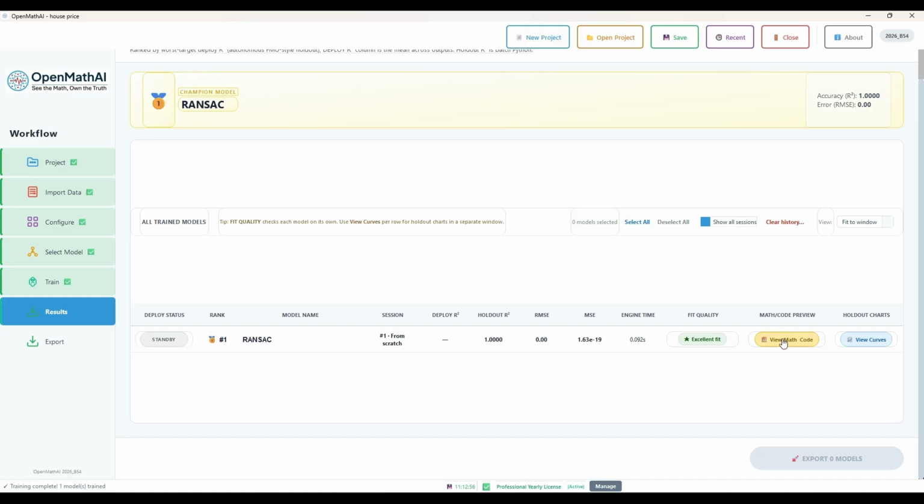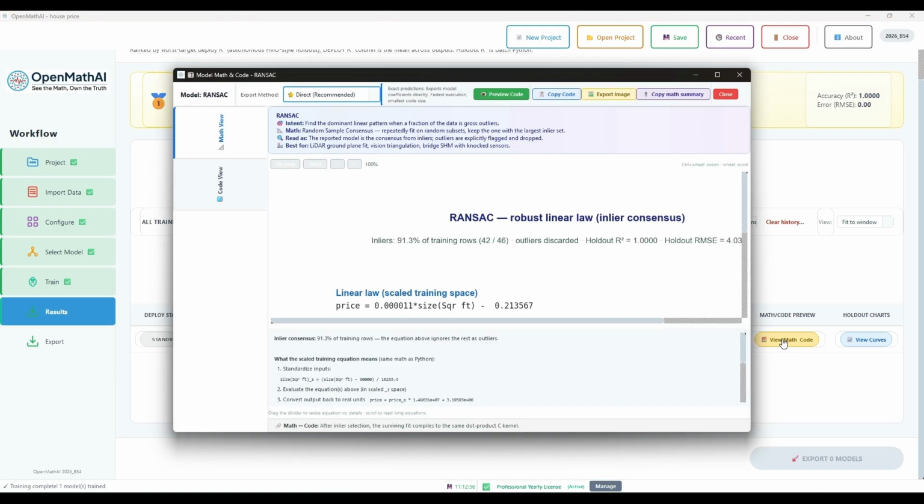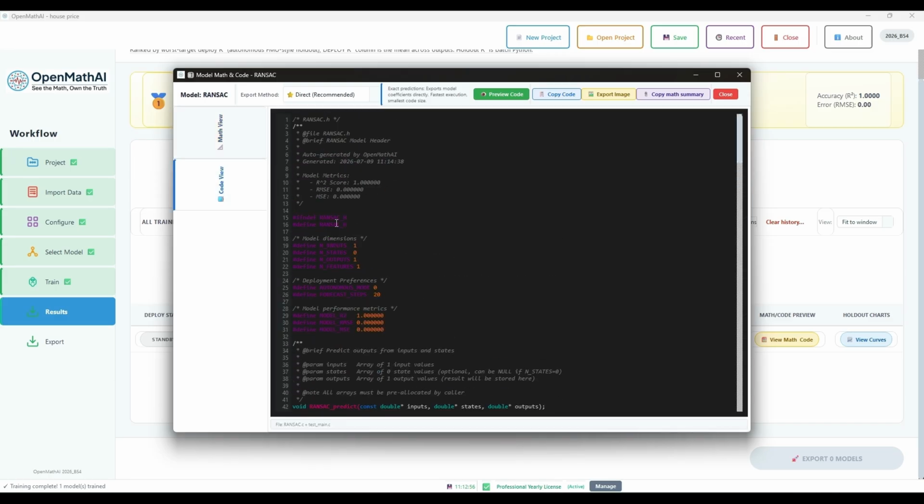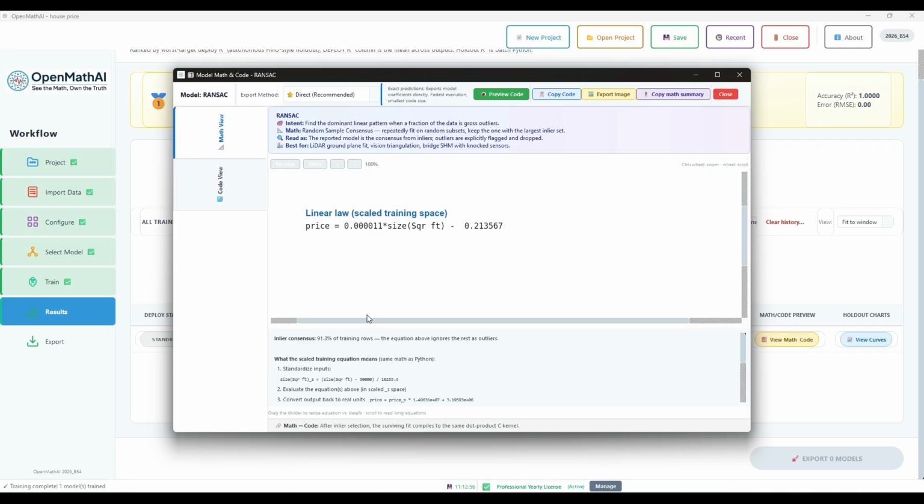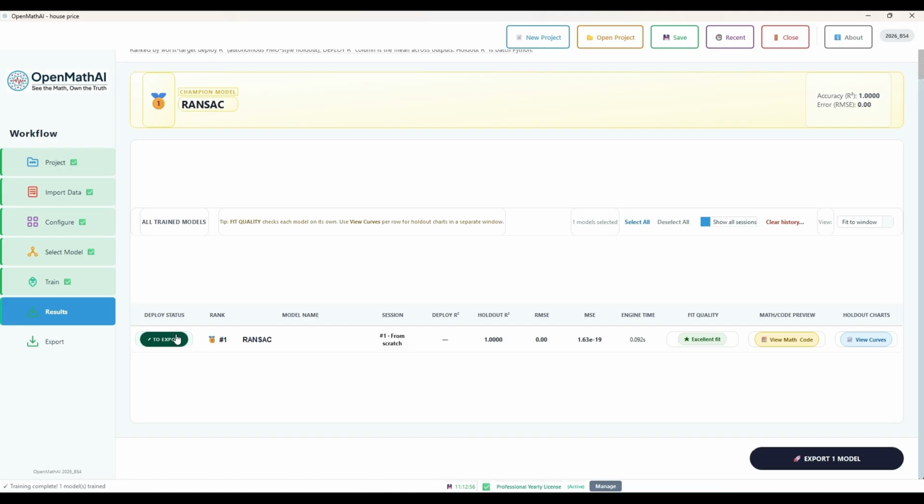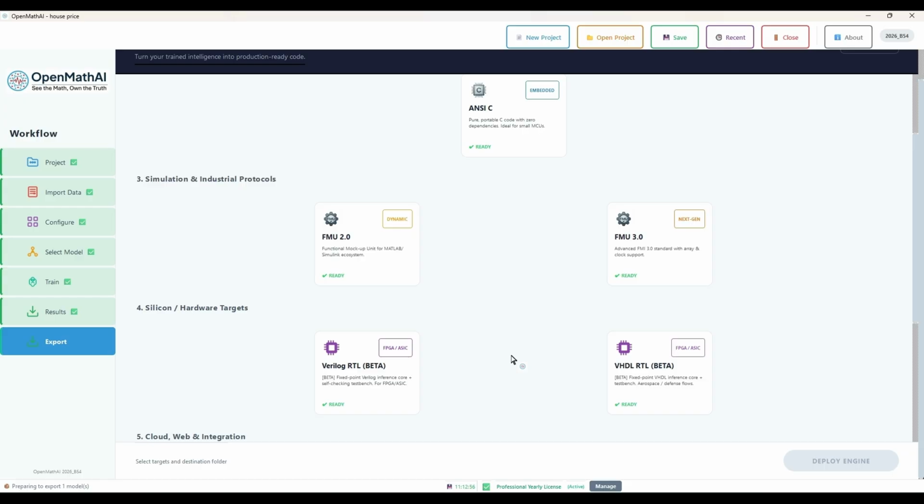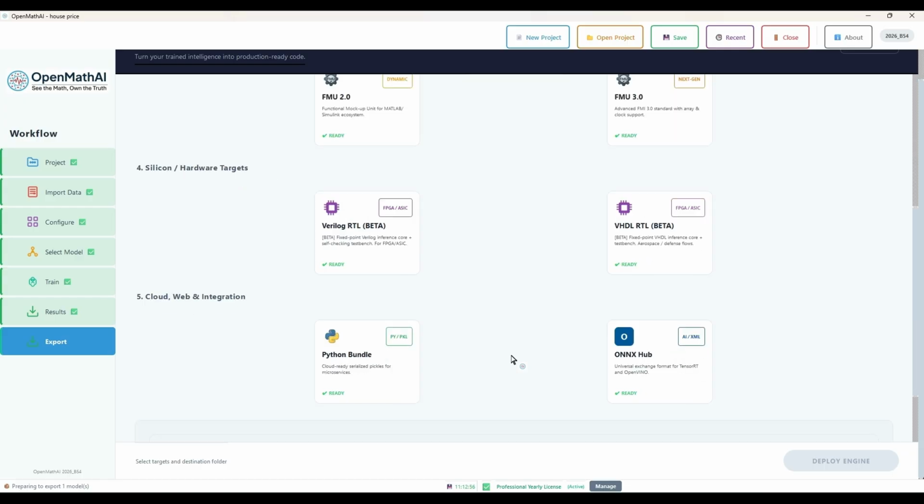Click Math and Code Preview. View the generated mathematical equation and source code. OpenMathAI provides the expression of the data, a detailed explanation of the expression, and an implementation code. Return to the results page and click Deploy Status. Click Export Model. Choose the required export format: ANSI, FMU 2.0, FMU 3.0, Verilog RTL, VHDL RTL, Python Bundle, ONNXHub. You can choose any of these